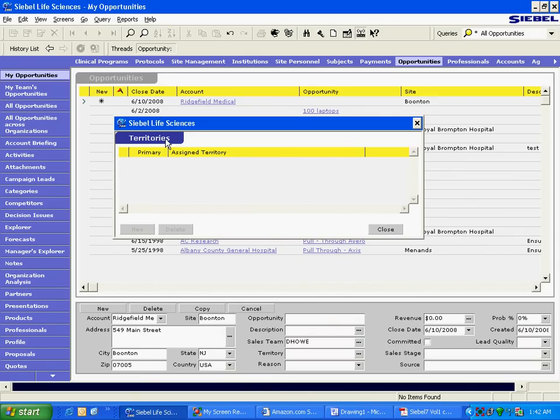Siebel has done a good job. If it had been pick territories, there would have been a good chance that it would have been a pick applet. Please follow, I'm saying, had it been a pick applet, it would have said so. I'm saying this is MVG because it clearly says territories. Okay. So this visual cue, your logical sense can basically give you an idea.